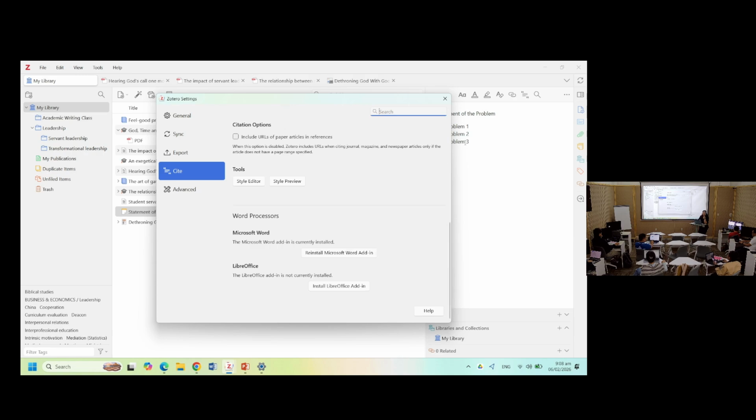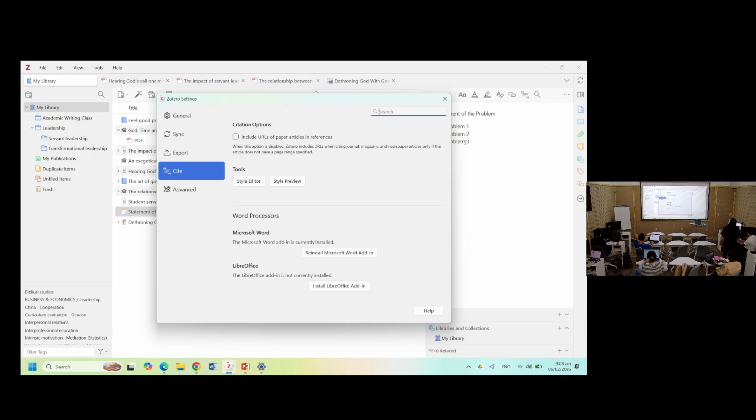If you're using a Mac, it's in Zotero and then preferences or settings. I think Ate Hassel is teaching. You can look at his window. Edit. And then settings.